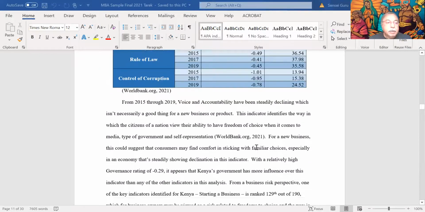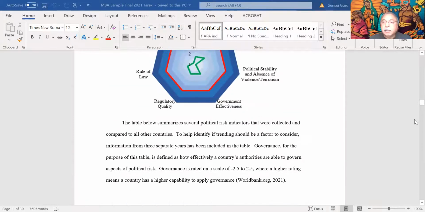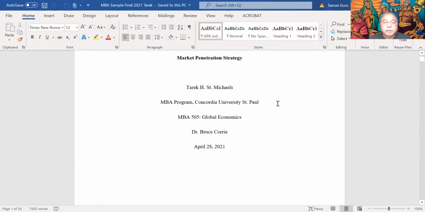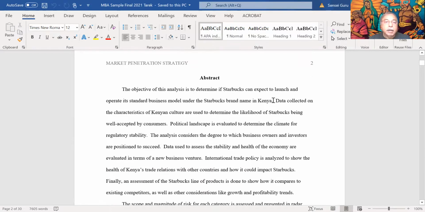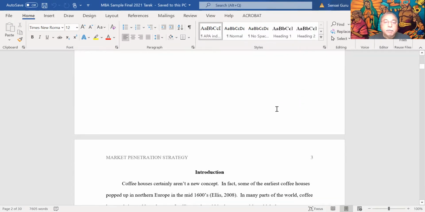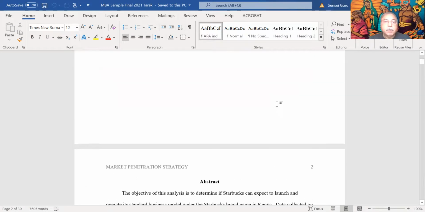Now, what I'm going to show you is a sample paper that someone wrote, so it gives you a sense of what a good paper is. Keep in mind, this paper is 30 pages. It doesn't have to be 30 pages, but when I read this, I said, what a good paper. So when I look at an abstract, right? And this paper doesn't have one, but a table of contents is important, right?